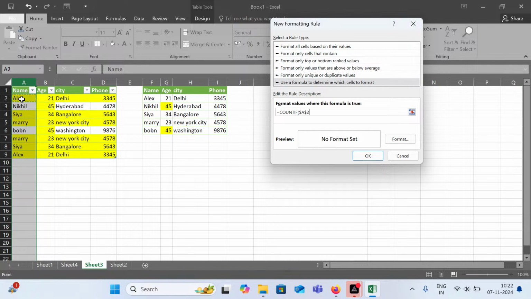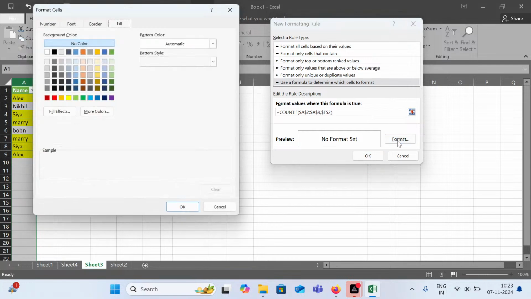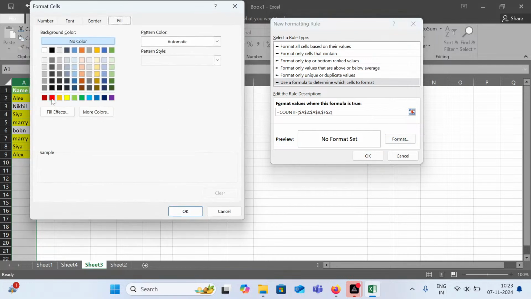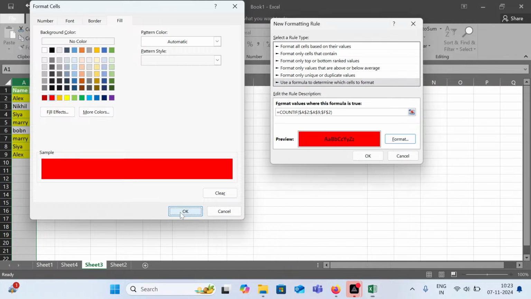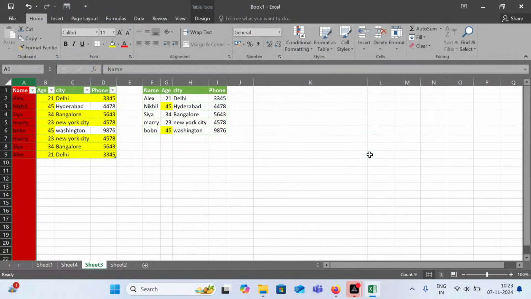Then we have to select this thing. I'm just using red color. Okay. Now if you press OK,